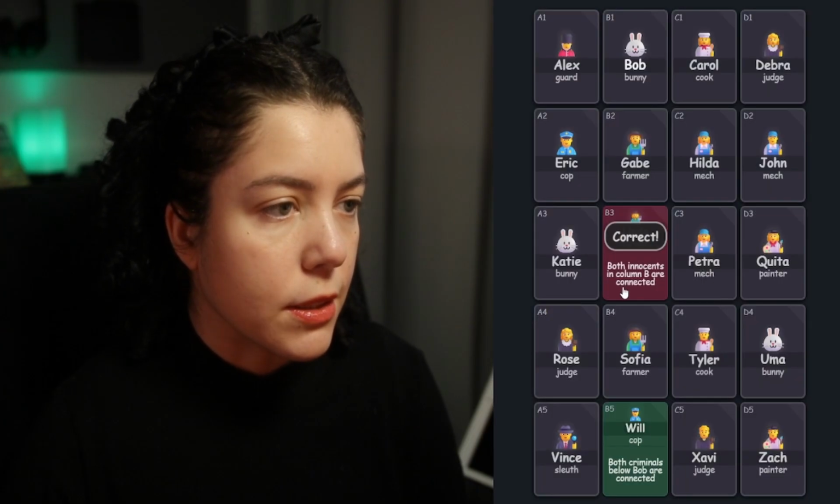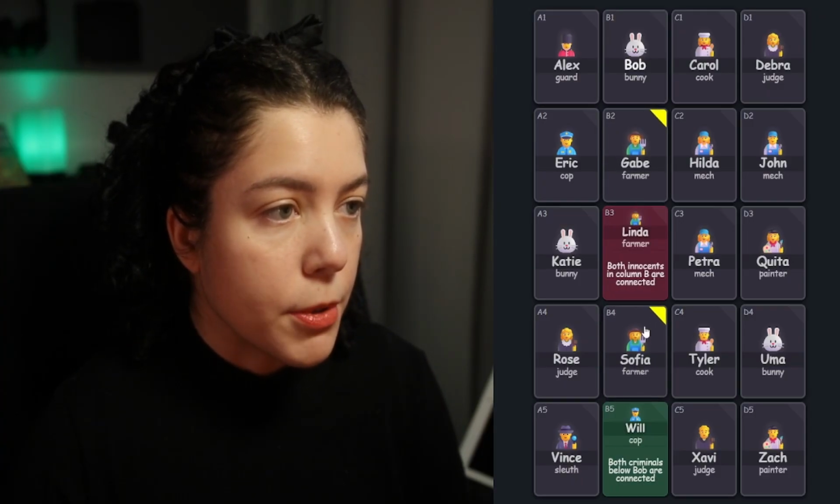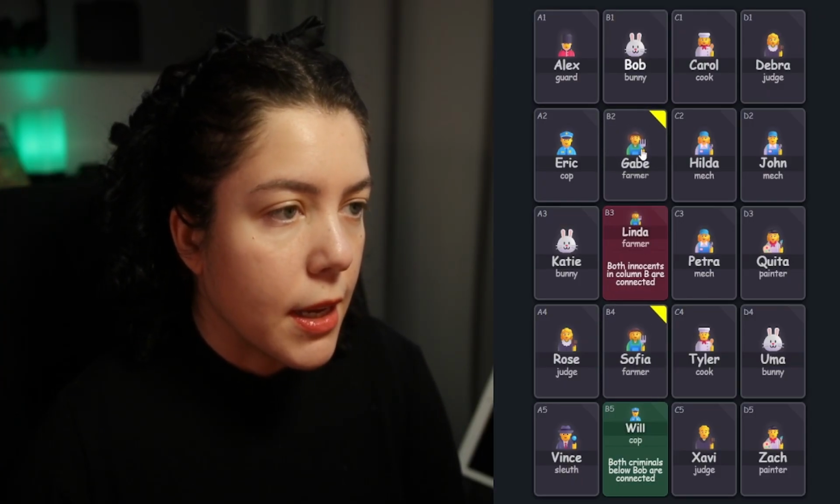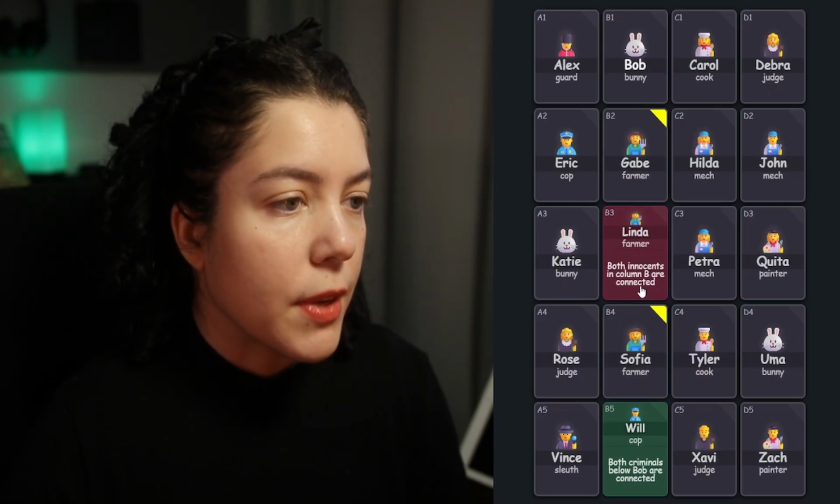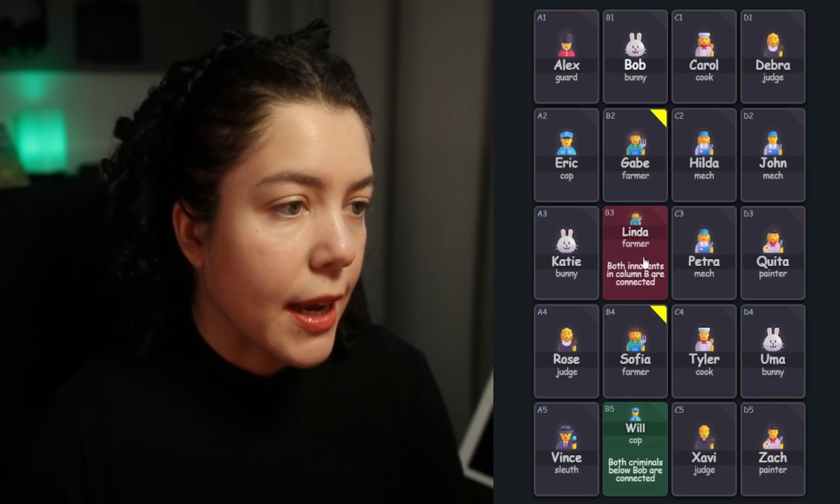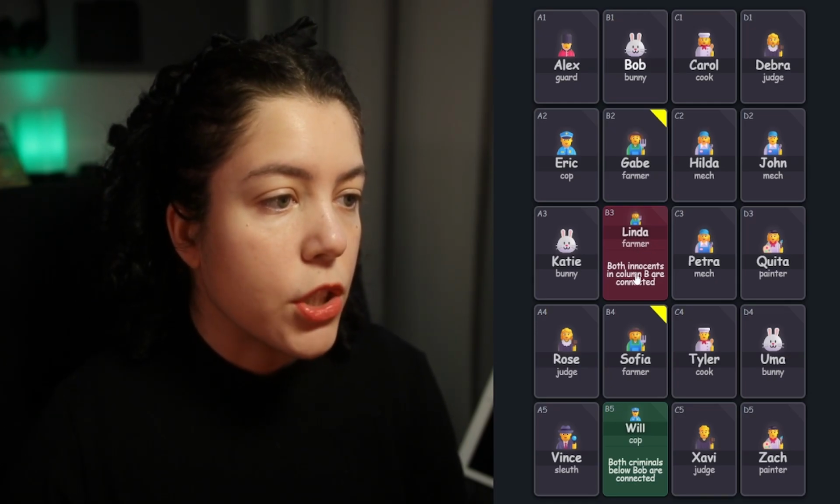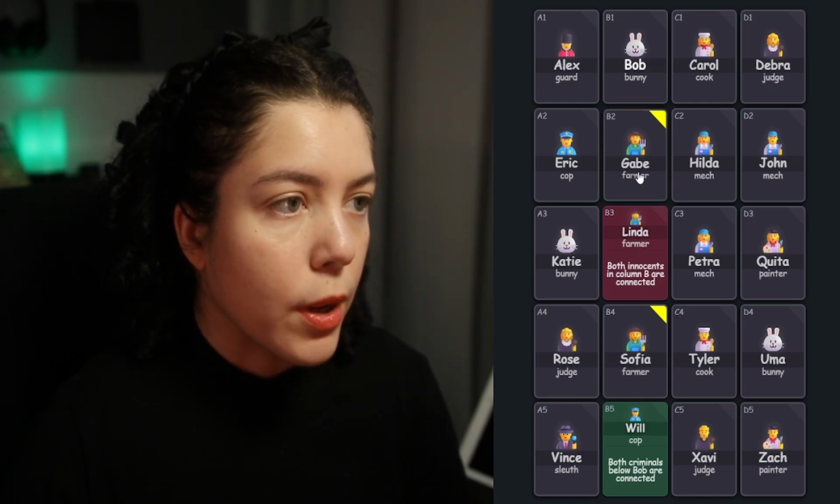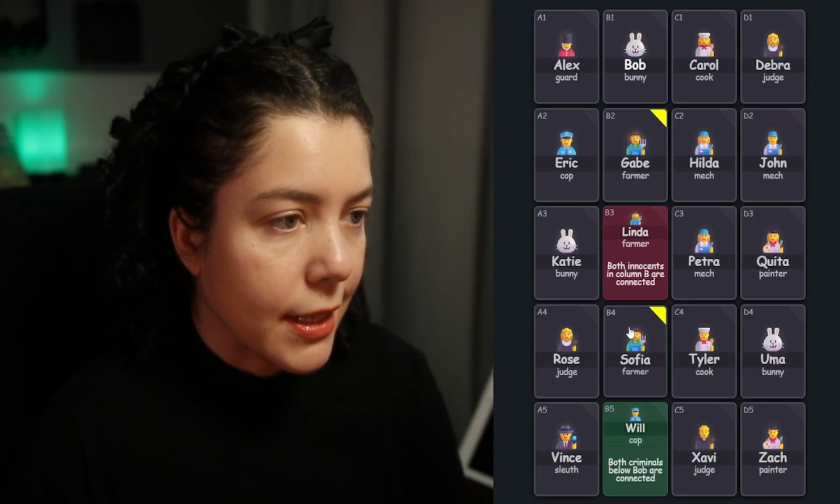So Linda is a criminal. And that makes Gabe and Sophia opposites because only one of them is a criminal. That means the other one is an innocent. Linda now says that both innocents in column B are connected. So again with the both, that means that there's only 2 innocents in column B total, and those 2 are below Bob. So that makes Bob not an